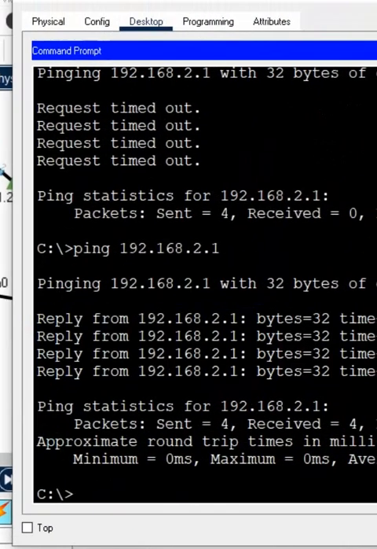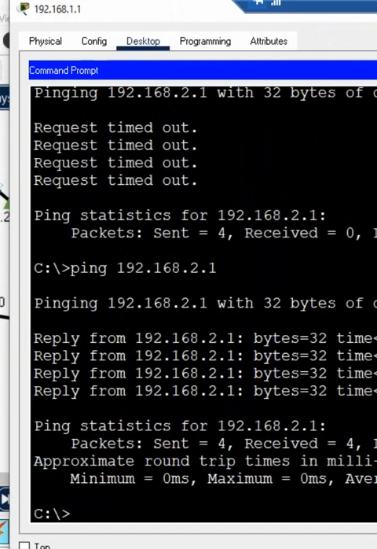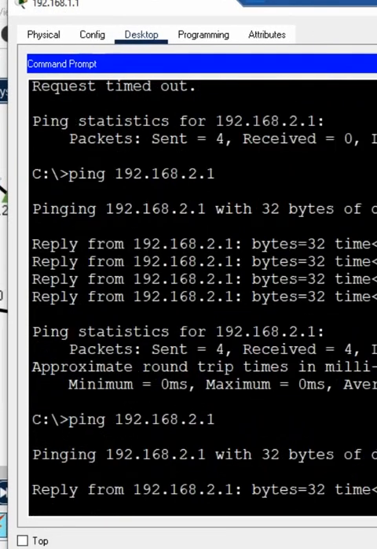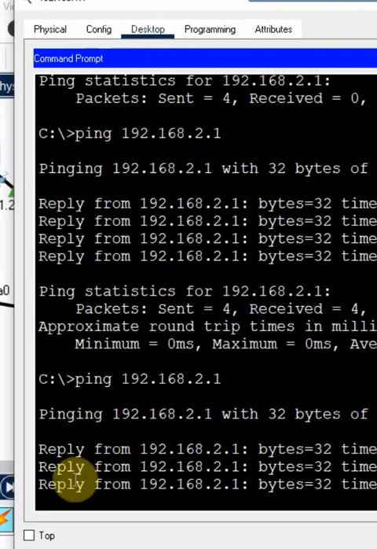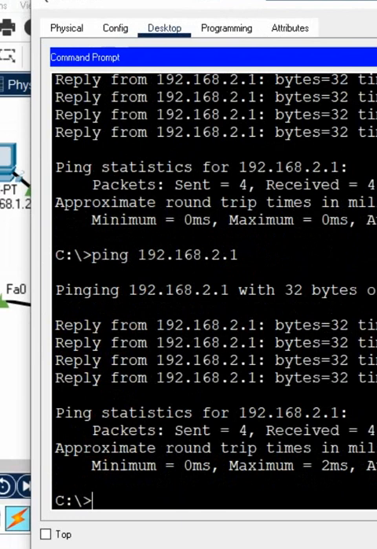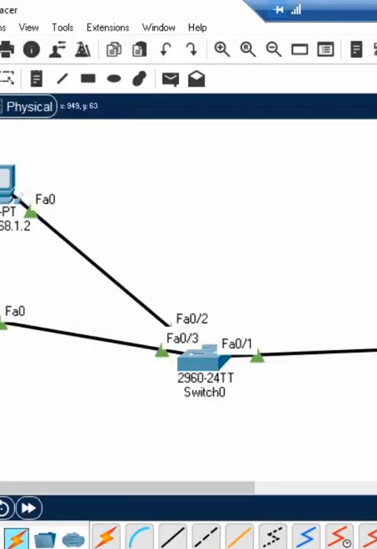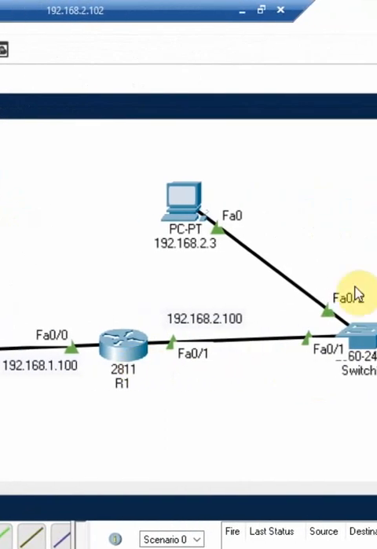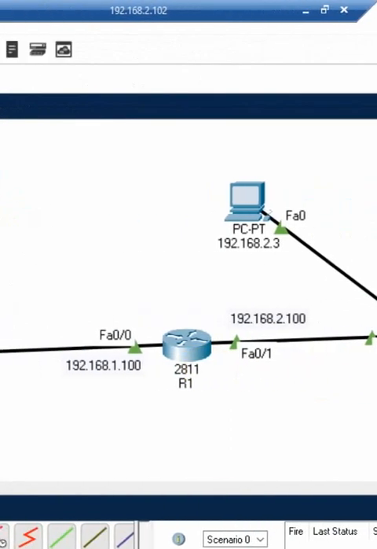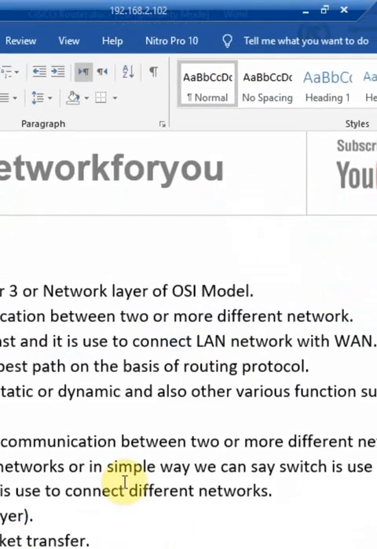So with the help of the router, two different networks are working. If you have any confusion, you can ask me, no issue. But if you see here, the reply is coming, this network is 2.1, and this network is 1.1. So two different networks are working. We can say with this lab, we can say a router is a device which is used to make the communication between